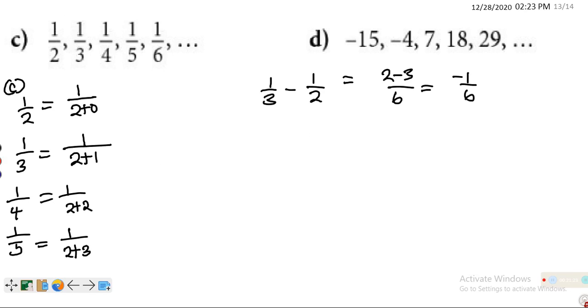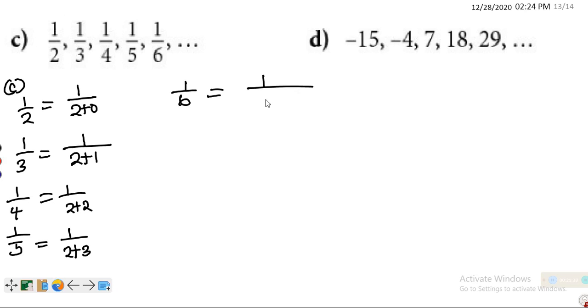Yeah, I think the formula is working. So the next one, 1/6, is 1/2 plus 4, and up to the nth term, un equals 1/2 plus